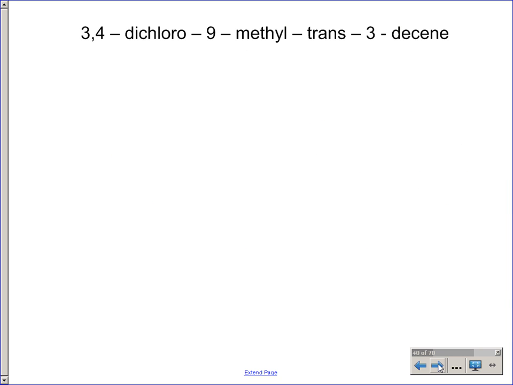This one is a long one. So you've got the name given to you, you've got information about the geometry of it, and you've got your normal information about substituents and how many carbons are in the longest carbon chain. So the first thing we're going to do is go ahead and draw out decene. Decene has a double bond at 3, and it's trans geometry, so that means it's going to be across from each other. So I'm going to go ahead and draw my double bond, and I'm going to add